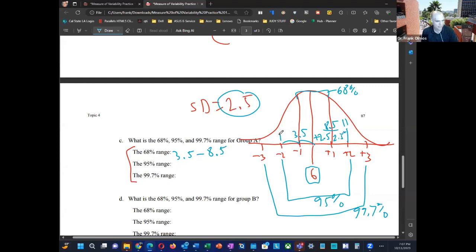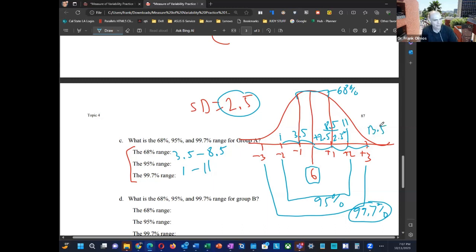So the range is going to be 1 to 11. All right, now to get the 99.7 range, you do it 3 times. You add 2.5 three times, in this case, 3 standard deviations to 6, and then you subtract it 3 times from 6. So you do that at 2.5, 2.5, another 2.5, and then you get